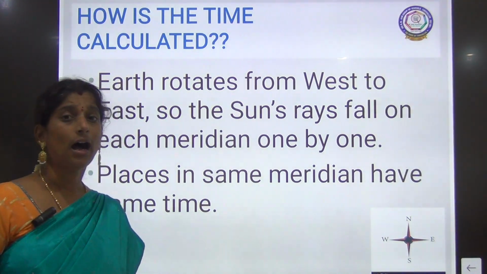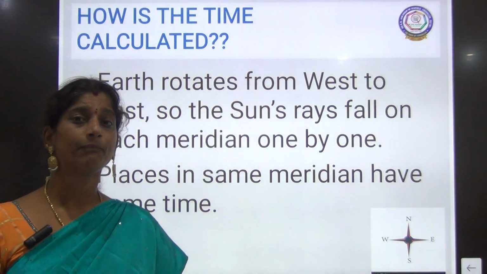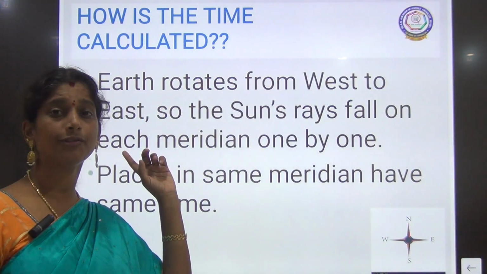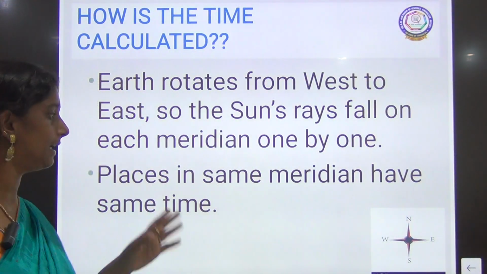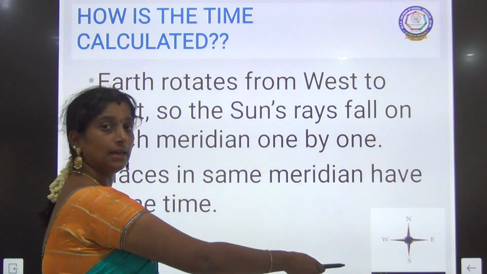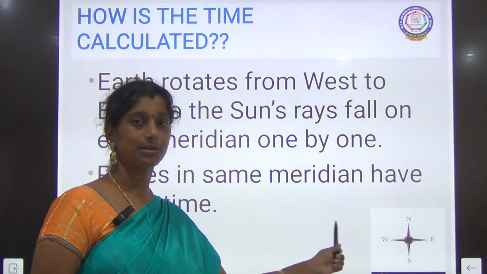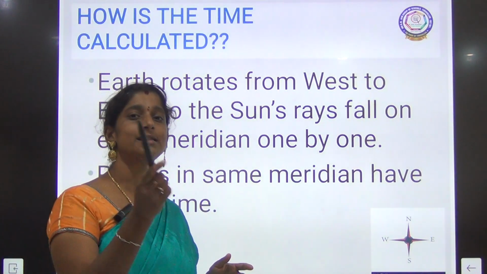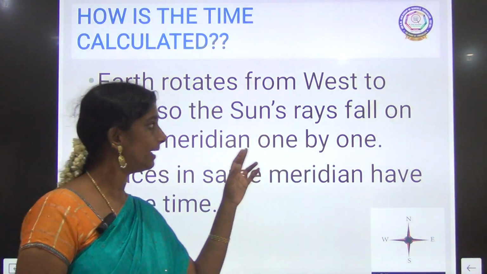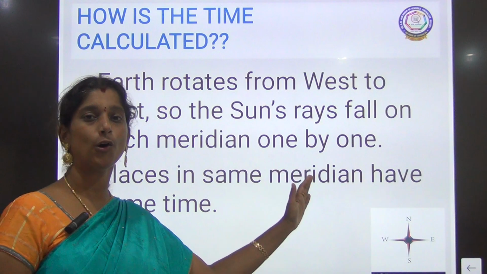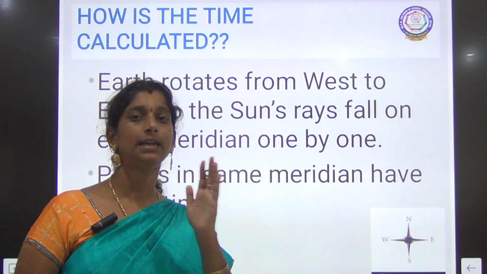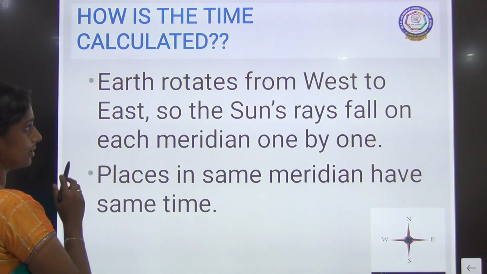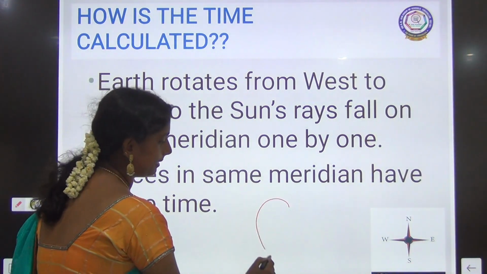How do we calculate the time? We calculate the time based on the rotation from west to east, clear. See, this is the west direction and that is the east direction. When the earth makes a rotation, what happens? The sun's rays fall on each meridian one by one. Why is it meridian and not latitude? It is because, see,